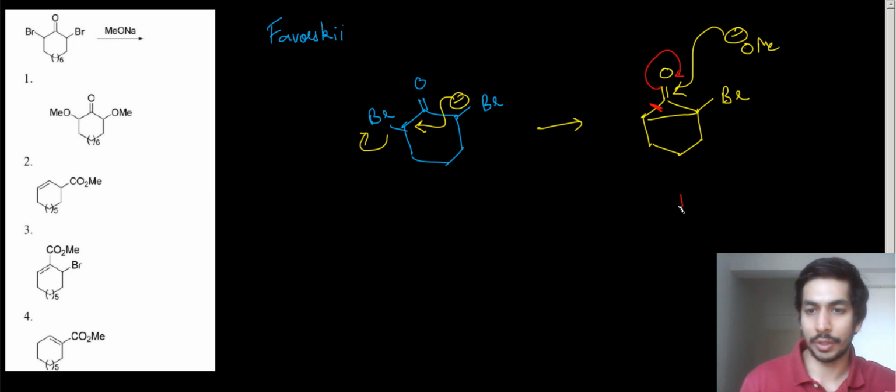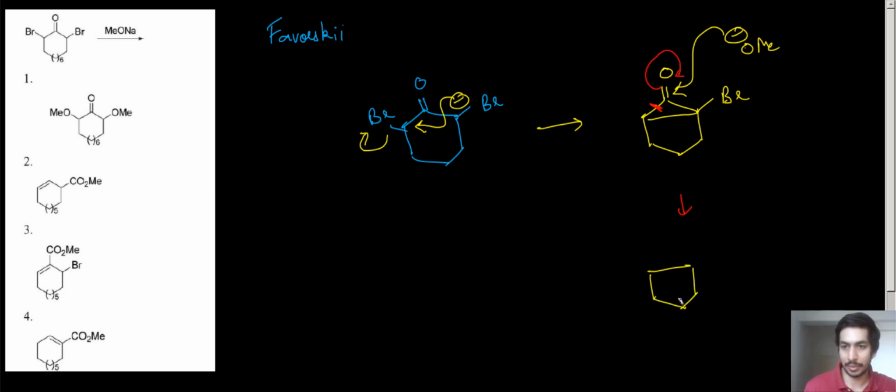So that is what is going to happen. Let me just show the steps over here. Now the next thing is, ring opening will take place, this bond will break over here, right? So we'll get a 5-membered ring, and since this bond is broken over here, we have a bromine over here, and now this bond is intact, so we'll have a CO2Me group, right? C double bond O, OMe attached over here, and since this bond has broken down, we'll have a negative charge at this end, okay.